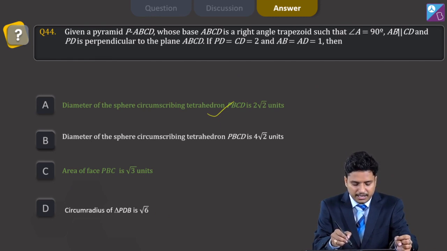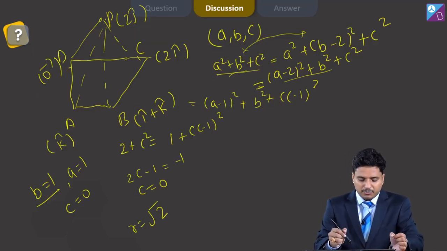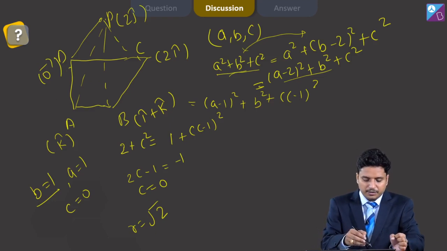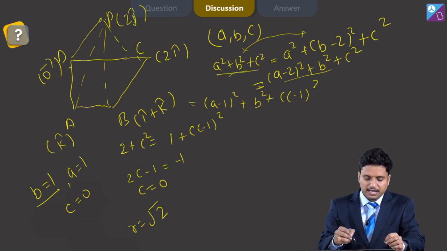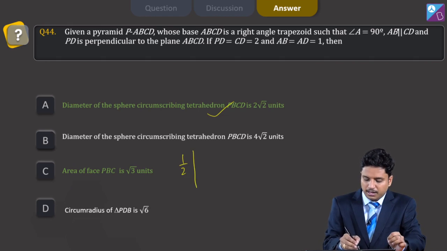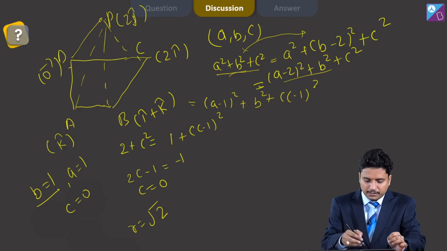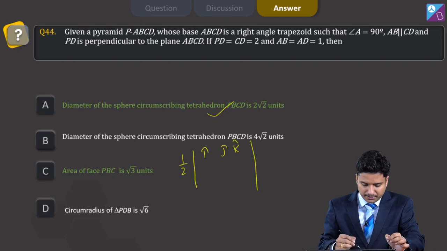In option C it has been given that you have to find the area of face PBC. So the area of PBC is nothing but the area of that triangle. So what is the area of that triangle? You can easily obtain it: this will be the magnitude of PB cross CB. So PB is 2j and this is i plus k. So the area for this can be considered as half of the determinant with i, j, k. This is PBC, what we are trying to find out, right? This is the area of face PBC.